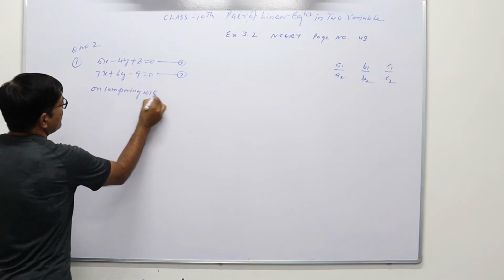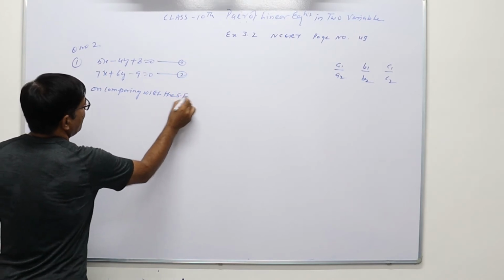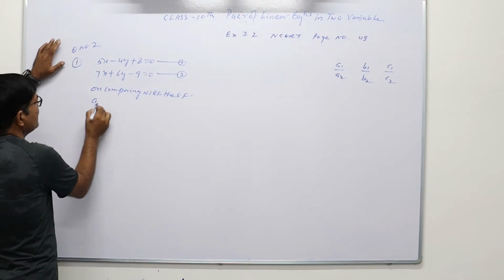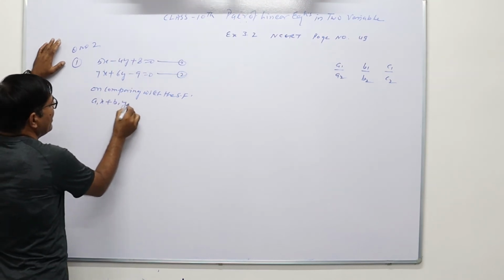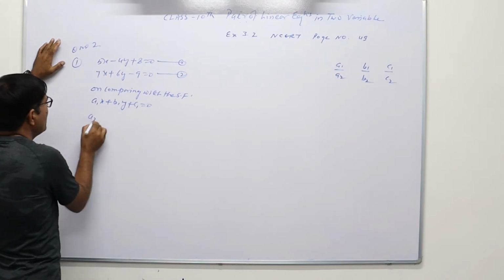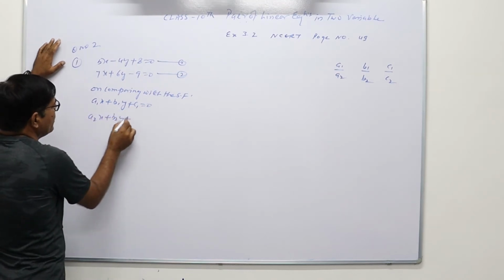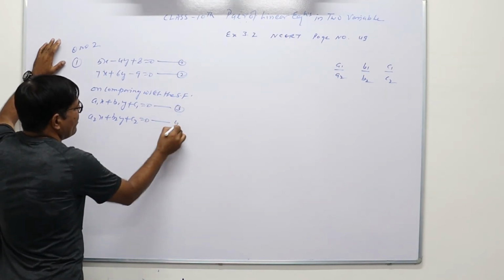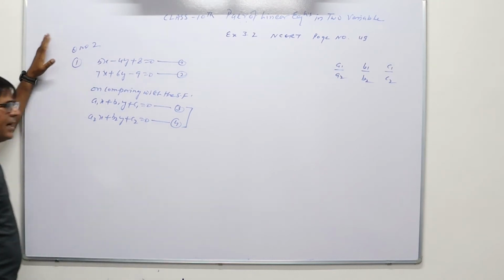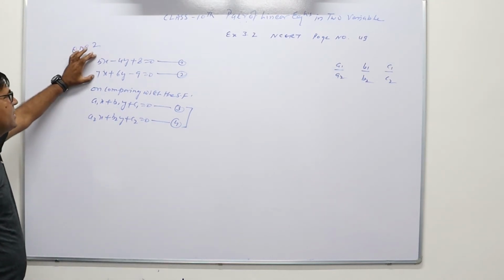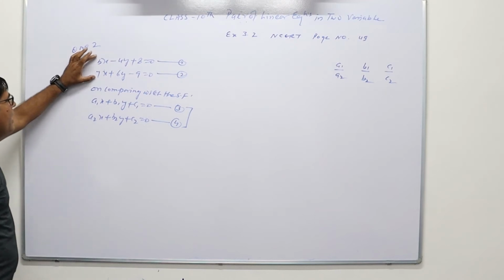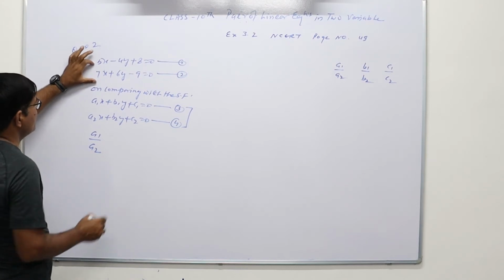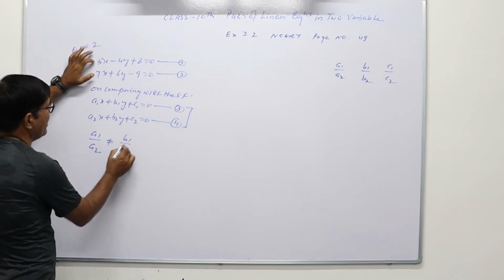with the standard form of pair of linear equations. So a1x plus b1y plus c1 is equals to 0 and a2x plus b2y plus c2 is equals to 0. Let us put this as equation number 4 and 5. This is the standard form of pair of linear equations and this is the system of linear equations which is given. Now here a1 upon a2, 5 upon 7 is not equals to b1 upon b2.